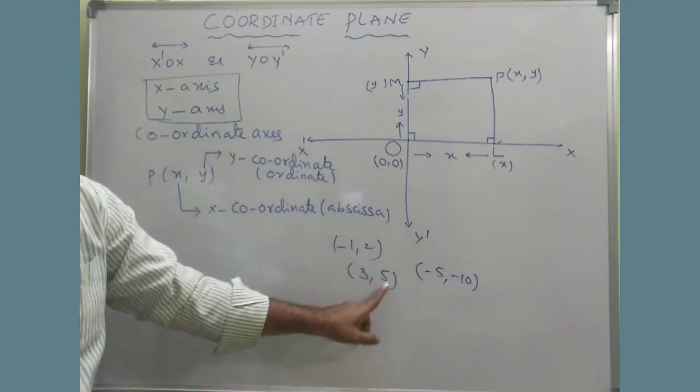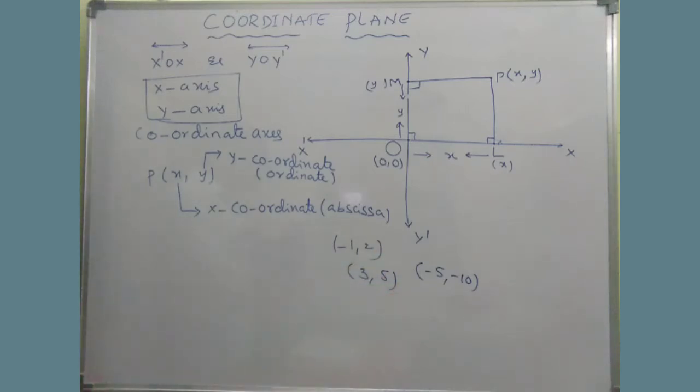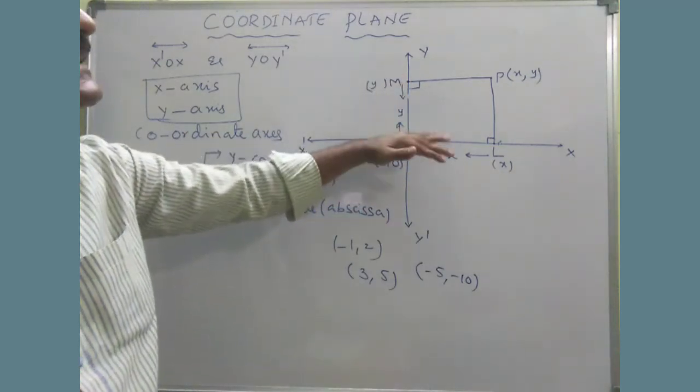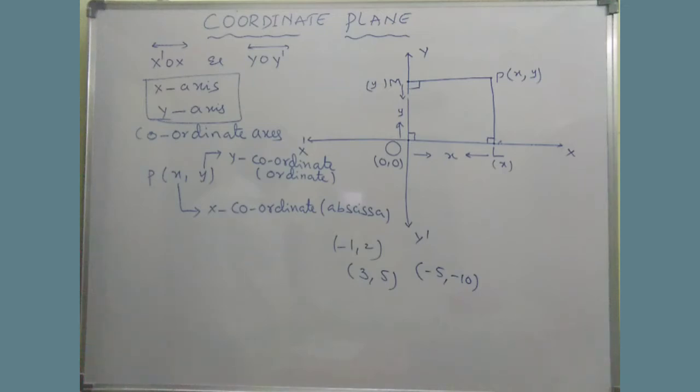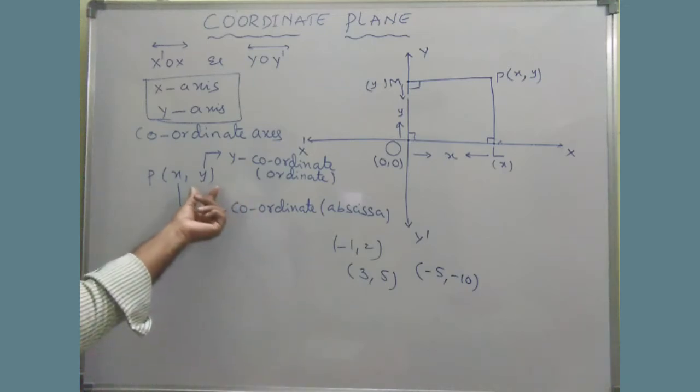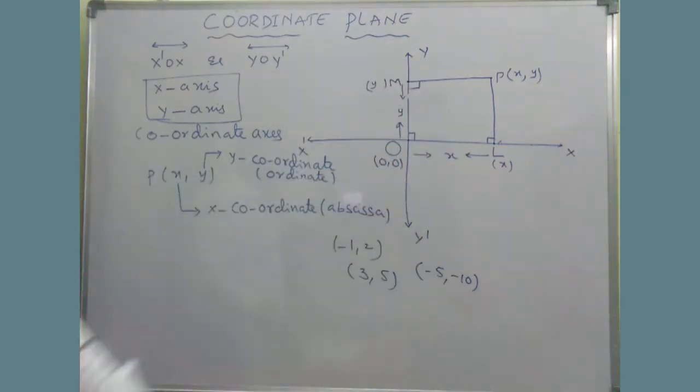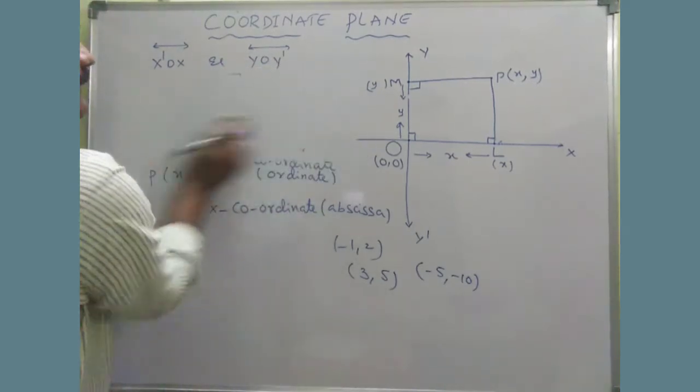So, all these are nothing but points in the plane. Right? So this is regarding the x-axis and y-axis, and both the axes together we call coordinate axes, and these are the coordinates of a point, and this is the origin. Hence this system together we call a coordinate system. Fine.